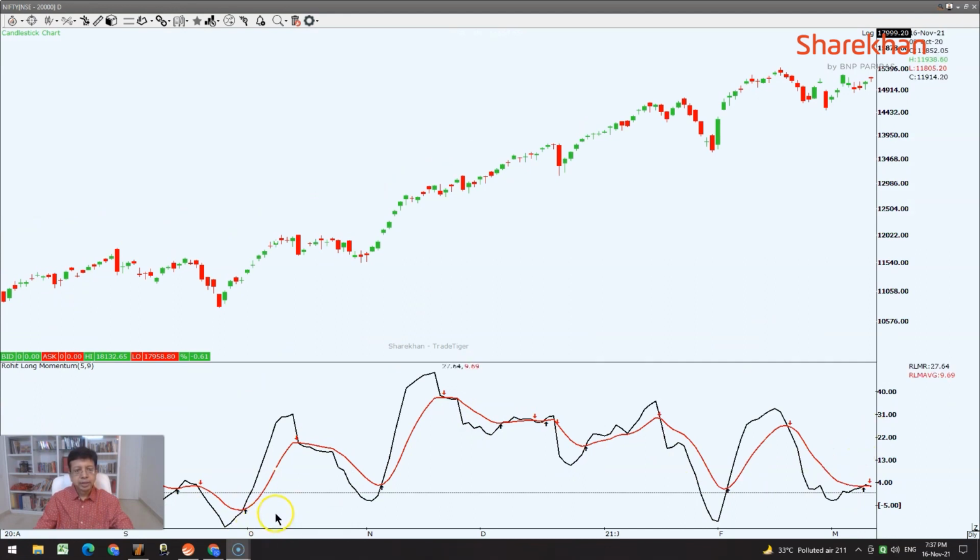However, it may give you buy and sell signals sometimes a day faster than the previous one, sometimes even 2 days faster. And the purpose is that it actually moves up faster above the zero line and then comes back to the zero line quicker than the earlier one. So this helps bullish traders, and when you're trading the long side of the market in an upward trend, then you would want to use the Rohit's long momentum.